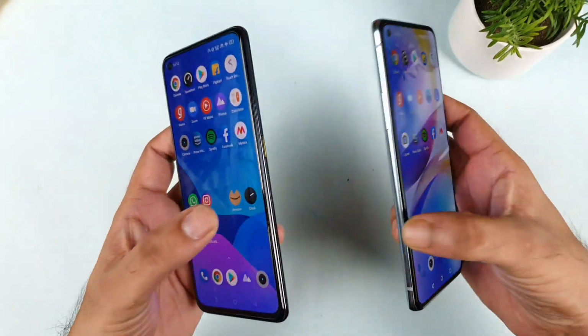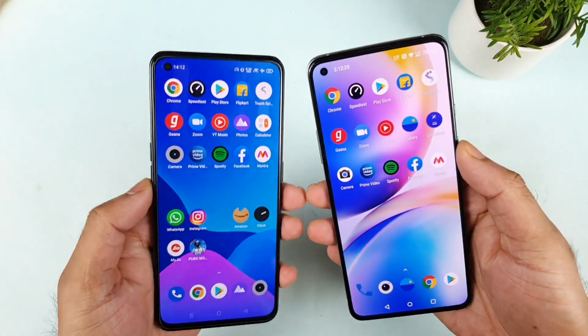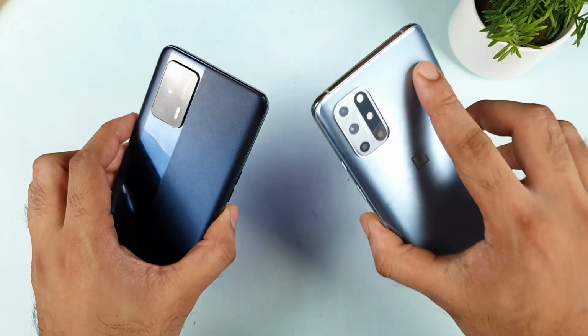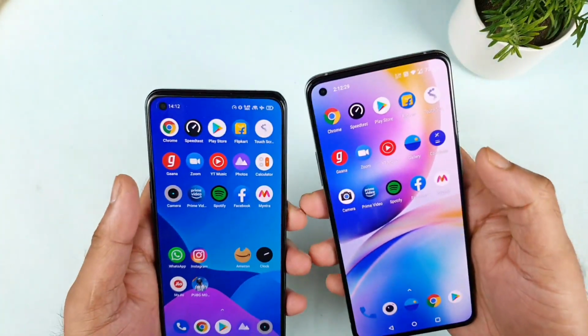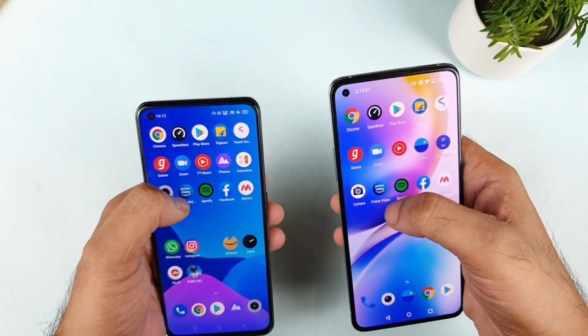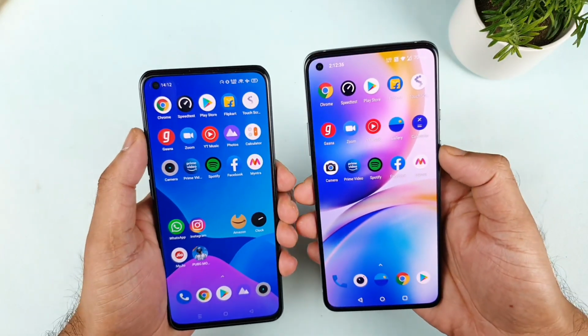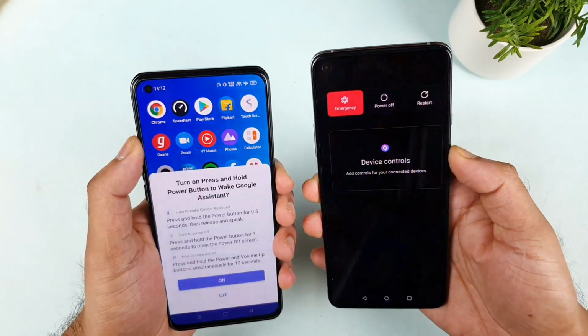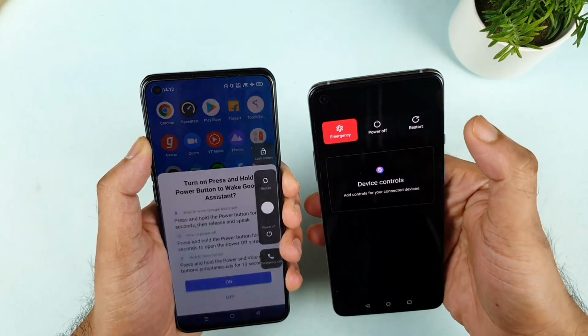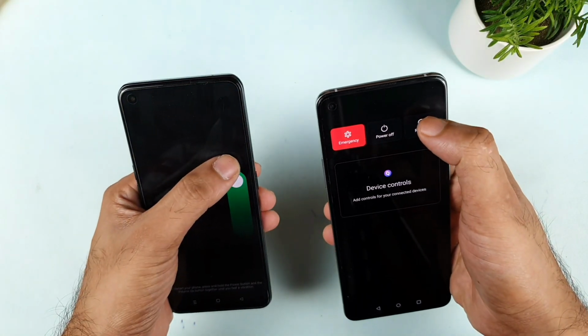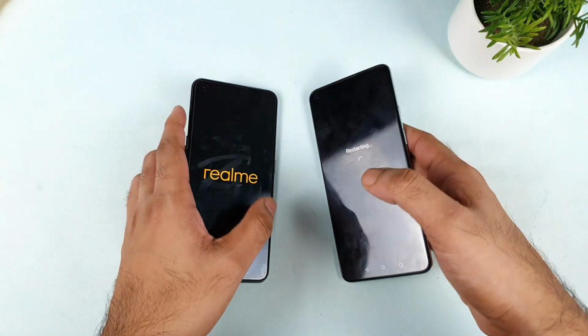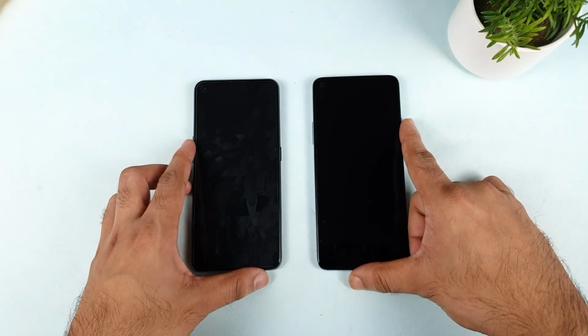In today's video, we'll do the speed test and the RAM management test comparison between the Realme X1 Max versus OnePlus Nord 2 device. During this process, I'll try to use 15 applications only. As you can see, friends, only basic 15 applications I'm going to use in this demonstration. Let's see which phone will be able to load them faster and which phone has got what type of RAM management as well. Which phone has got better UI in terms of RAM management, that is what I'm going to compare between both phones.